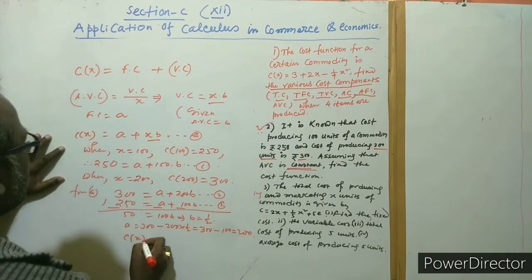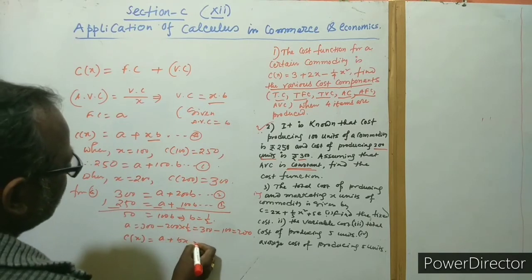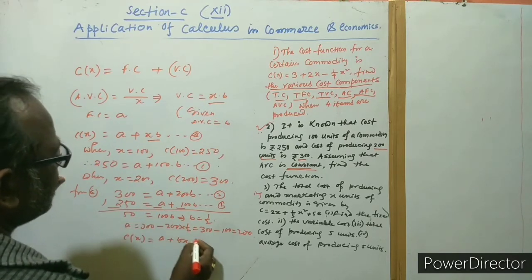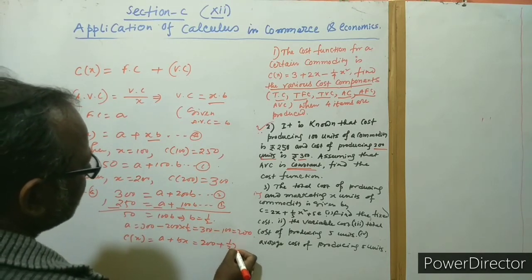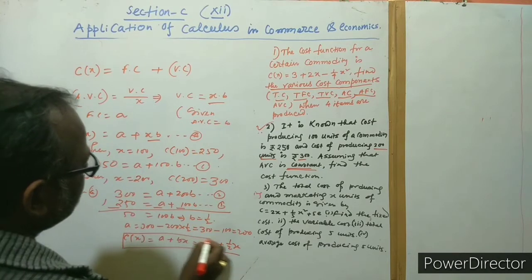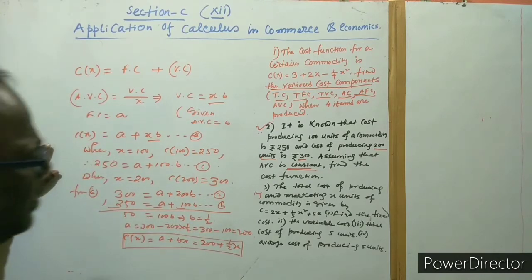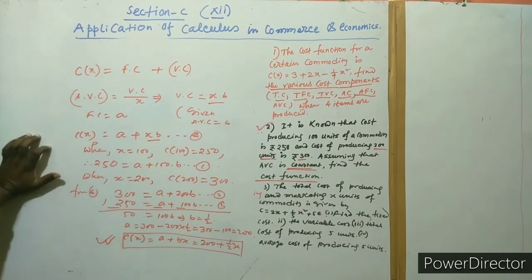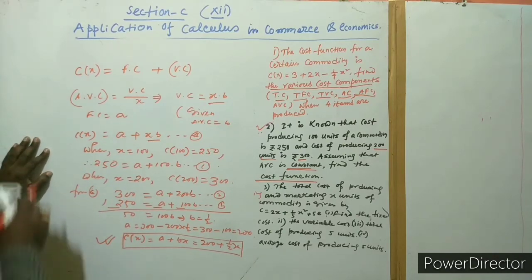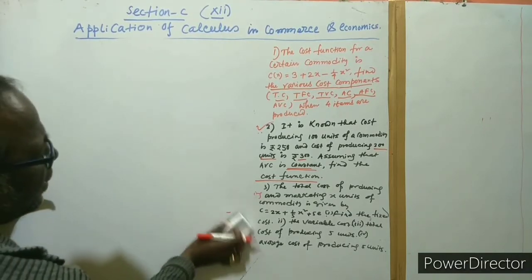So the cost function is equal to A plus Bx. So A means here 200, and B means half x. Okay, half. And this is your cost function. Then we find the cost function, this is your answer. I think all of you have understood better. Very easy questions. Now we also have to introduce the next point.